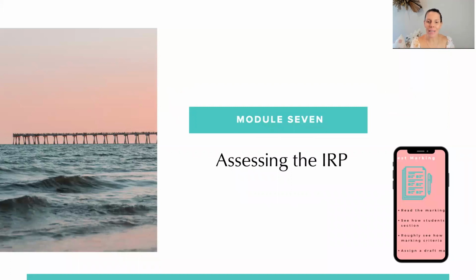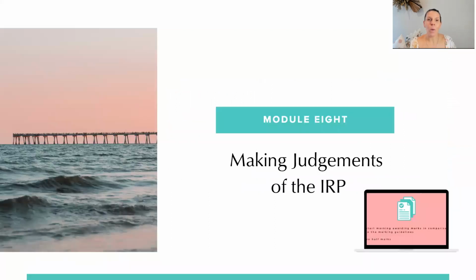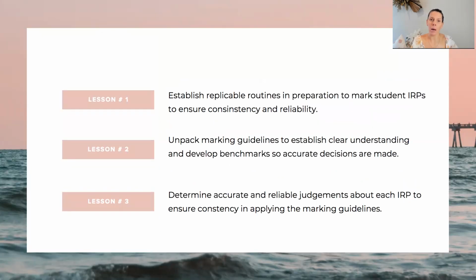Module 7 is about assessing the IRP, and I originally didn't have this in the first round of the course, but showing you a step-by-step approach on how you're going to assess it, your marking guidelines, your criteria, what you're actually going to get the kids to submit, and possibly looking at what marks you're going to allocate to what parts. And then once you get the kids' assignments in, really helping you understand what it might look like to unpack those marks, how you're going to make judgments, how you're going to create some really replicable routines in